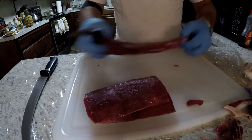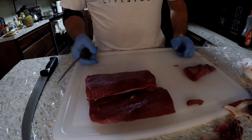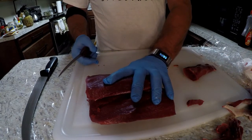I try to make 3 pieces out of a tenderloin right there. That right there usually makes a really good meal for the family. Now I will take this and I will put all 3 of these pieces and vacuum seal them together